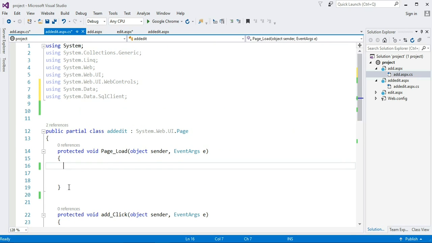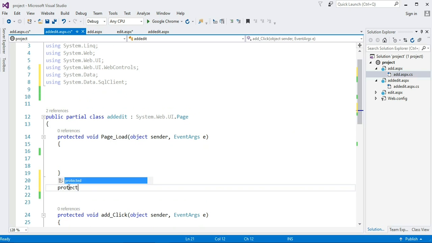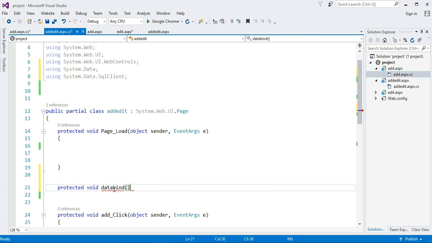First of all, I am creating a class for data binding of the drop down list. Give whatever name you want in the place of data bind.